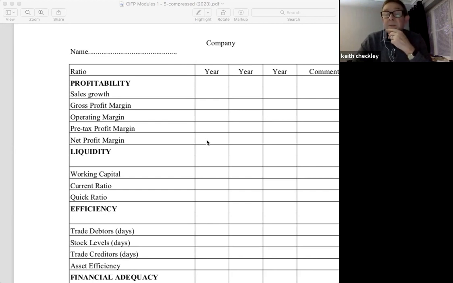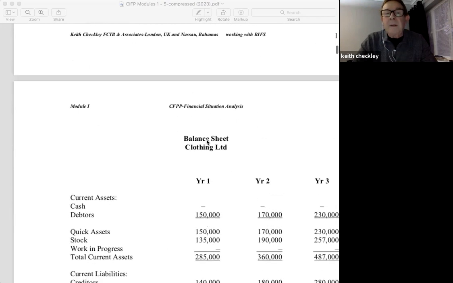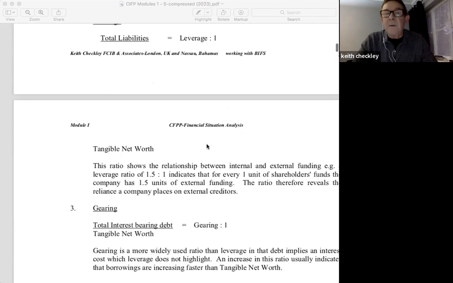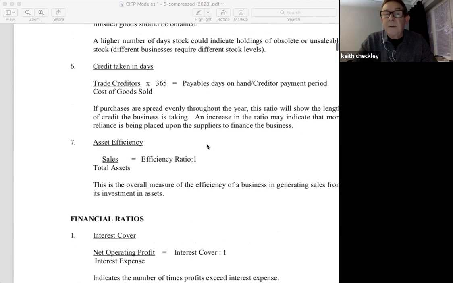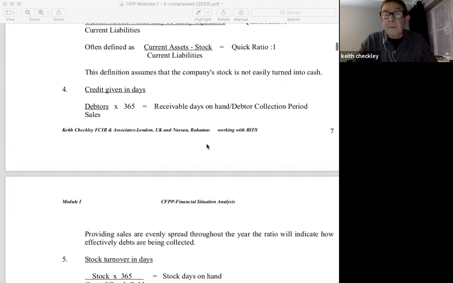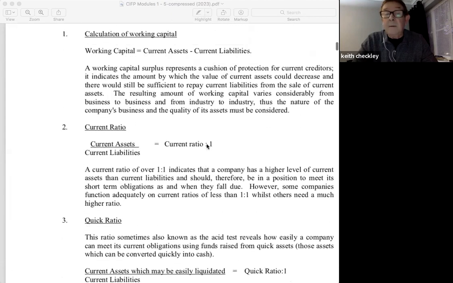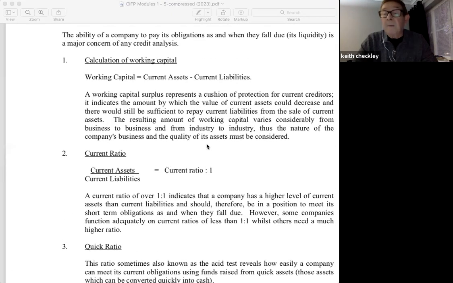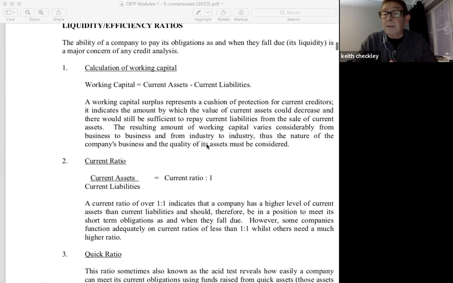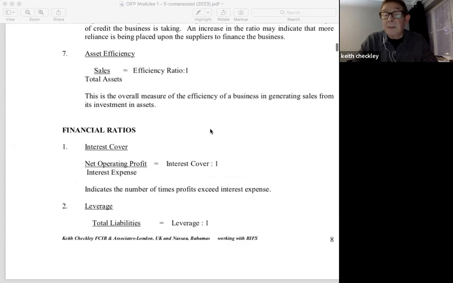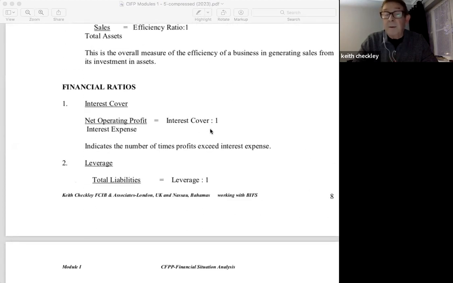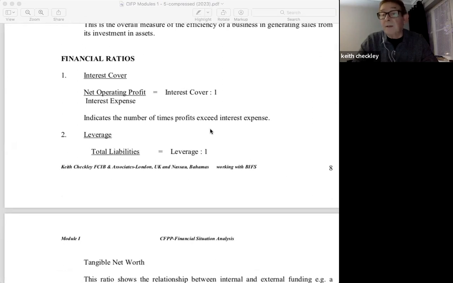Okay, well, thanks for participating this morning. And next week we'll continue with our business analysis. If you get a chance before we meet next week, I'd recommend you take a look through those ratio calculations that are on those pages, and then we'll work them through on the clothing imports case. We'll look at the liquidity and the efficiency ratios, and then we'll look at some of the financing ratios by way of interest cover and gearing.